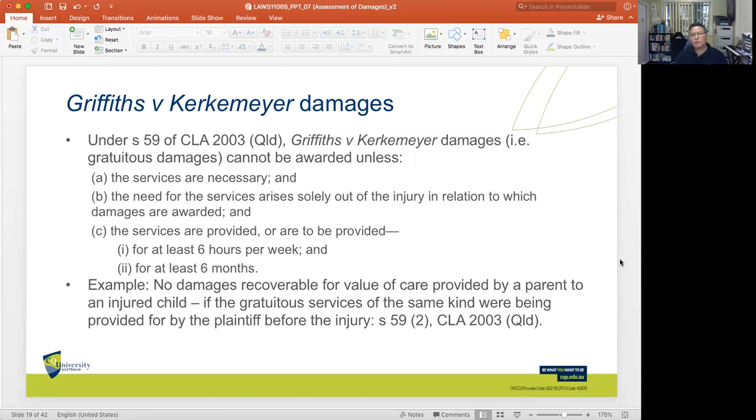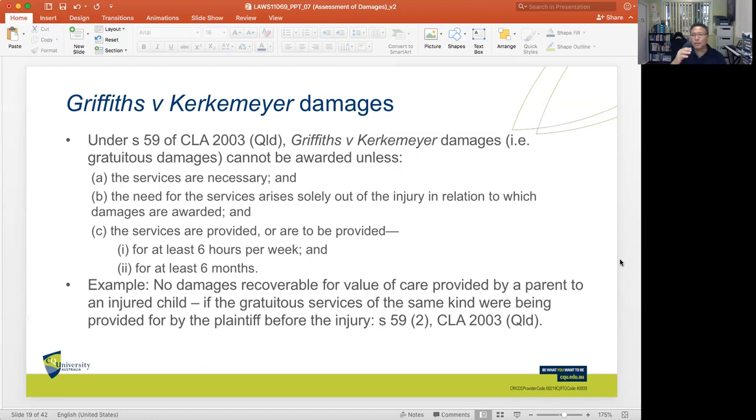However, the concept of Griffiths versus Kars damages has actually been modified by most of the state jurisdictions in Australia. For example, under Section 59 of the Civil Liability Act 2003, Queensland, Griffiths versus Kars damages cannot be awarded, meaning gratuitous damages cannot be awarded unless the services are necessary and the need for the services arises solely out of the injury in relation to which damages are awarded, and the services are provided or are to be provided for at least 6 hours per week and for at least 6 months. So the point there,